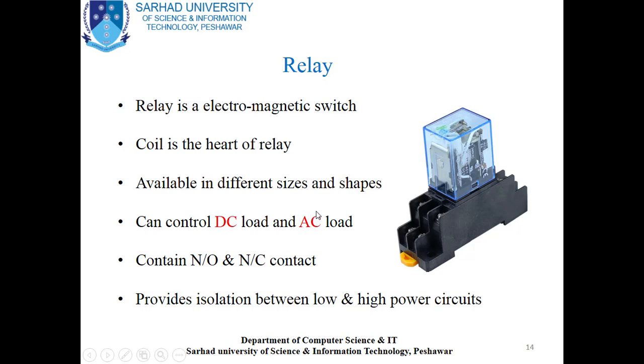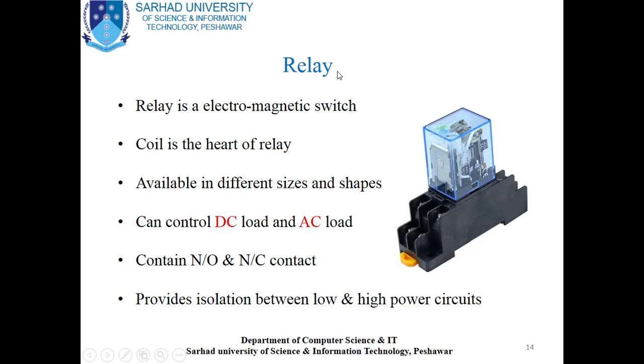If frequency is 0, then it is called DC. If frequency is available, we can say that AC is present in that load, or that load is AC operated. So in this case we can control DC load and AC load